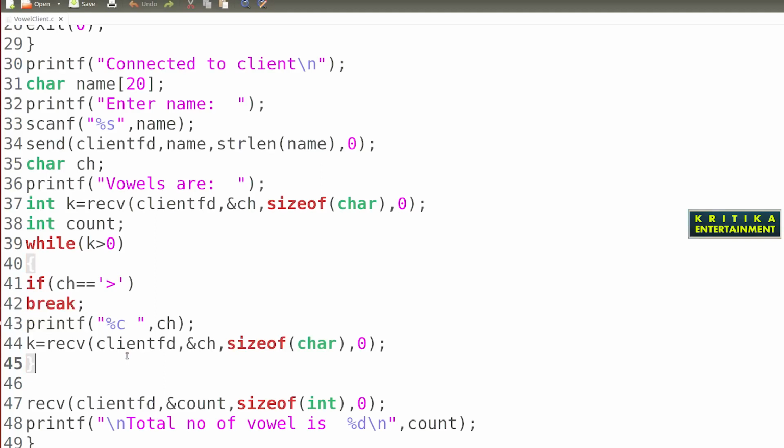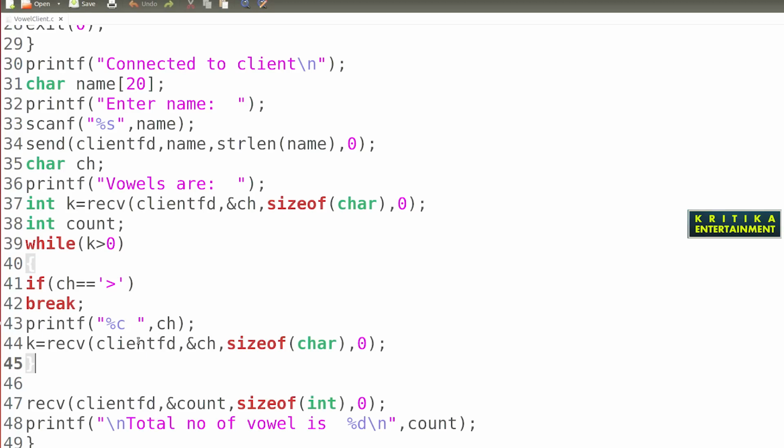You are sending the total number of vowels to the server, but this loop treats it as itself being a vowel. So here your loop runs thrice, 3 times.